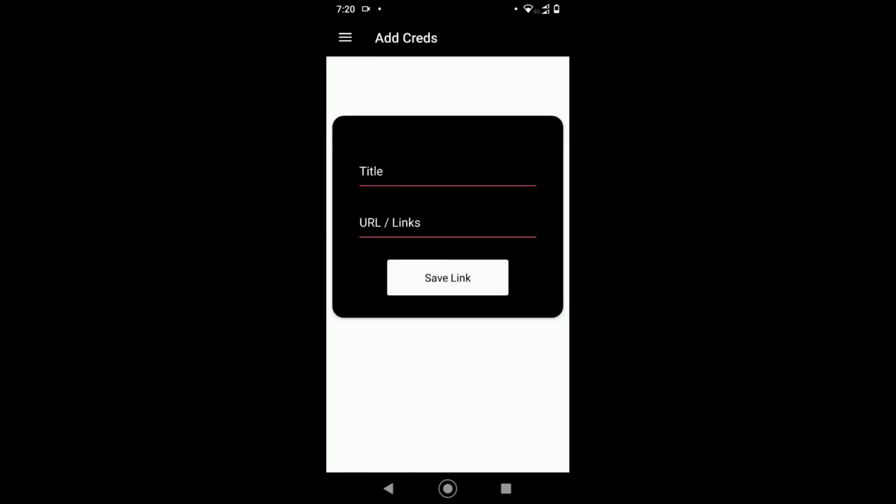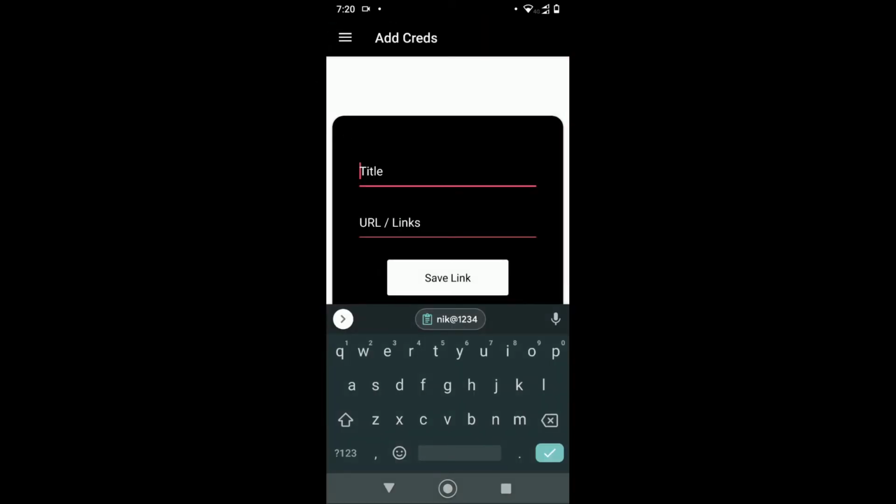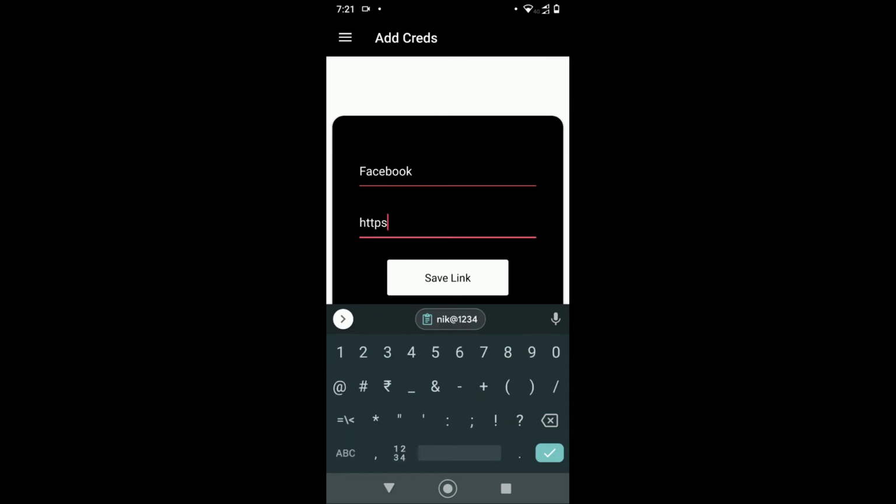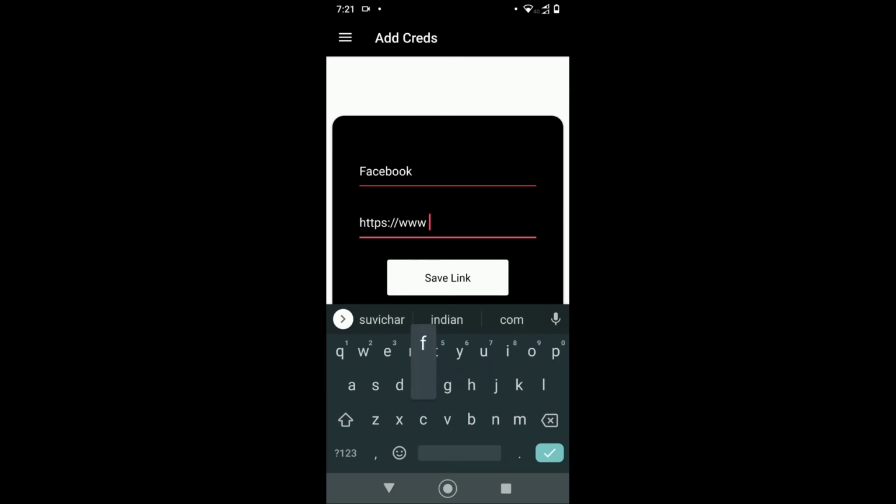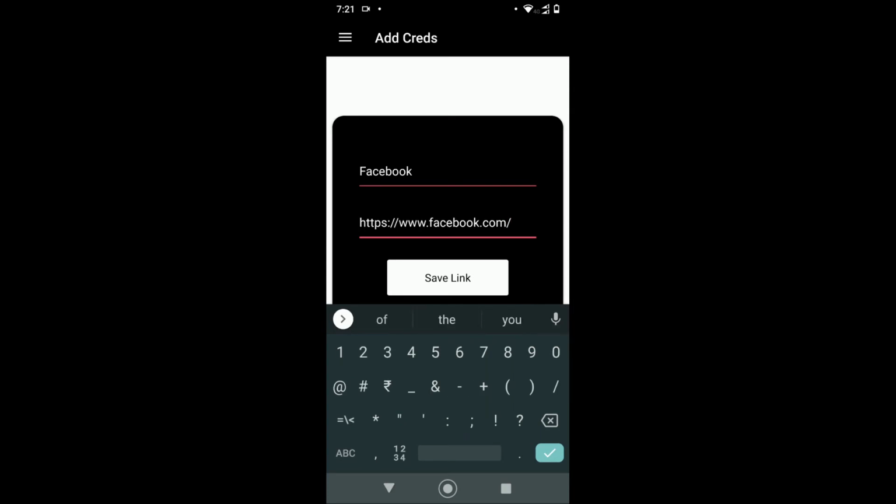Just click on add URL, guys, and you can keep a title for it. For example, I want to give Facebook. I kept the title as Facebook, and I'm giving the Facebook URL, guys, www.facebook.com.